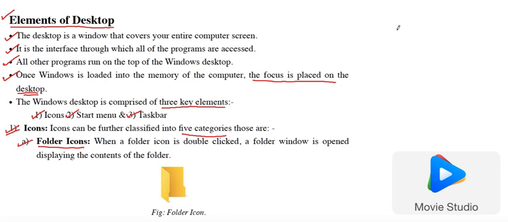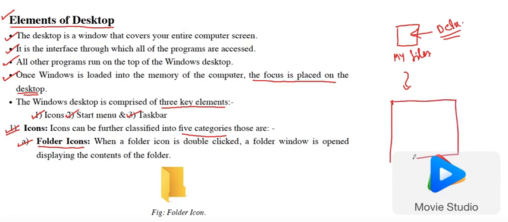For example, if I have a folder named My Files and I double click this folder, a window, or a File Explorer window, will open with the name of that folder, for example My Files, and the contents of this folder will be displayed here.